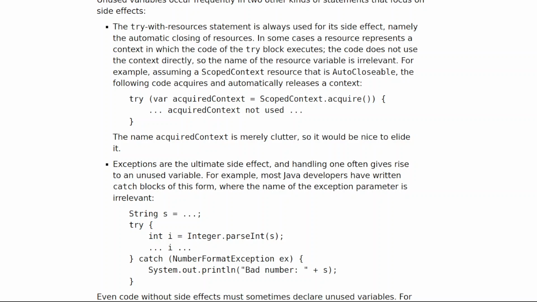2. Exceptions are the ultimate side effect, and handling one often gives rise to an unused variable. For example, most Java developers have written catch blocks of this form, where the name of the exception parameter is irrelevant. String s = ...; try { int i = Integer.parseInt(s); ... i ... } catch (NumberFormatException x) { System.out.println("Bad number: " + s); }